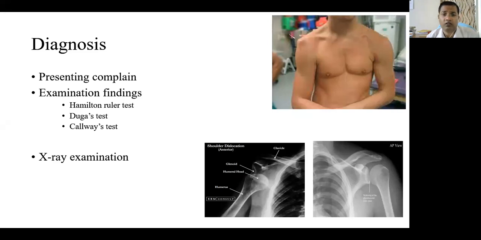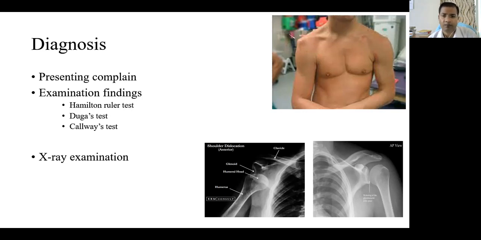In the posterior dislocation, the patient usually comes in a similar position, but the patient has a history of a huge blow from the anterior side. The patient will say that he had a huge blow or some pushback from the anterior side of the humerus. Usually this presentation is enough, and after that you can do some examinations of the shoulder joint